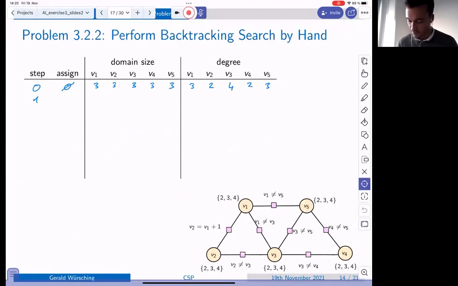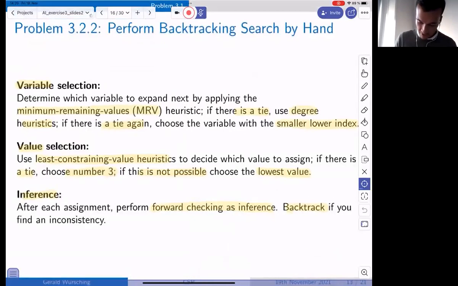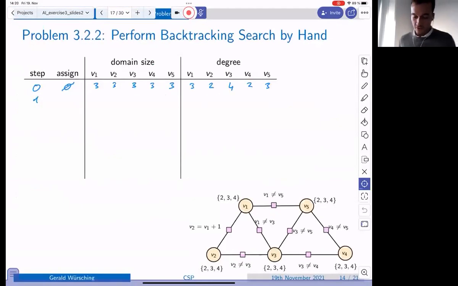In this case, all variables have the same domain size, so we have a tie. So what we do next is use the degree heuristic. We choose the variable with the highest degree, and in this case, this is variable v3. So we have determined which variable we're going to assign, v3.